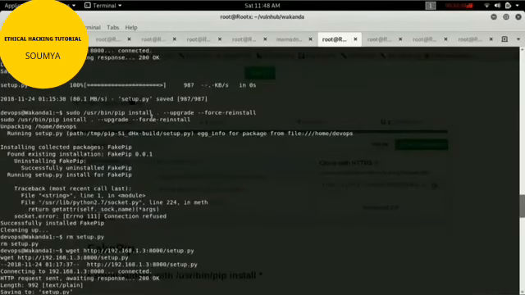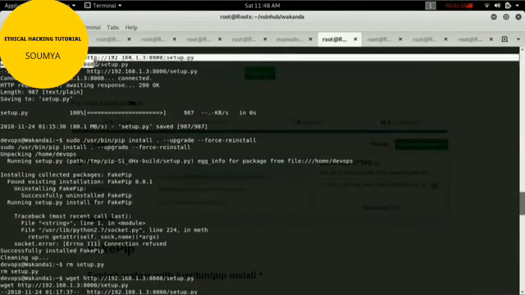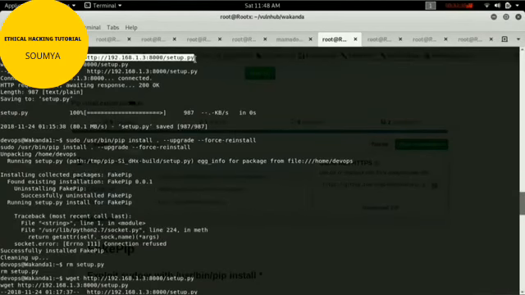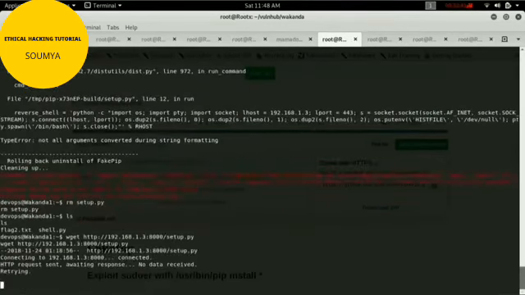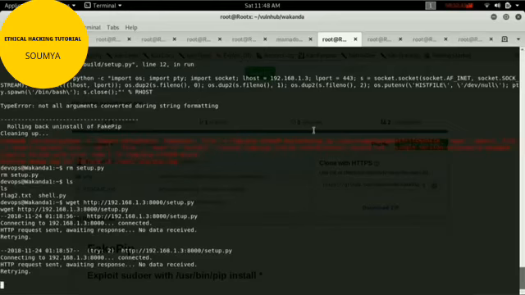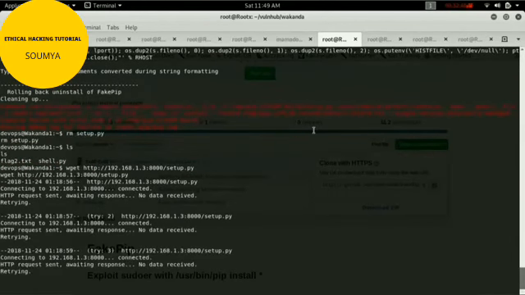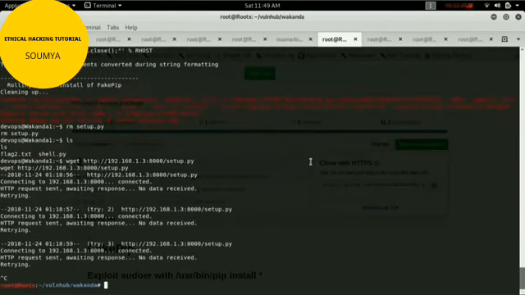I have no idea what is the error. Oh my god, that is why it's not downloading.